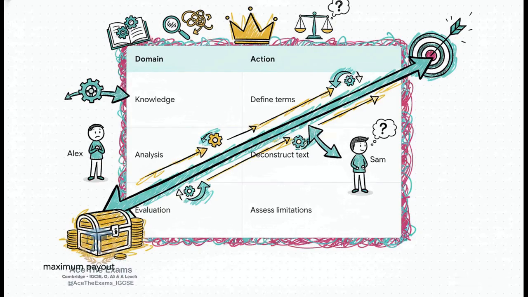Then we have the second domain, analysis. You must deconstruct the texts and explicitly interpret causal relationships. You have to show the examiner exactly how the gears turn. And finally, the third domain, evaluation. Think of another consultant. Let's call her Sam. Sam is a fast speaker, pitches brilliant, creative concepts, but she lacks hard asset backing. To succeed in evaluation, you must assess limitations, highlight assumptions the author is making, and propose alternative interpretations based on textual proof. If you want the maximum payout from Cambridge, you have to merge Alex's hard data with Sam's creative evaluation, hitting all 3 of these targets in a single, unified response.